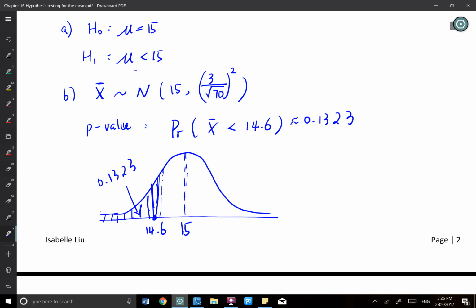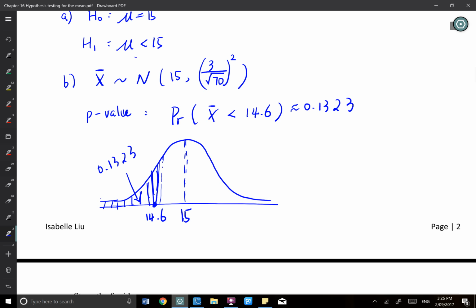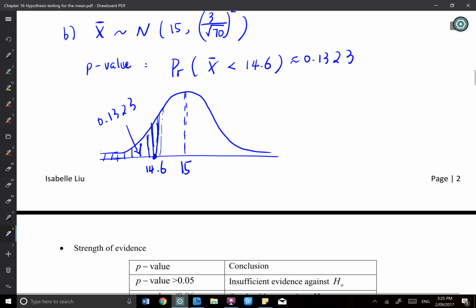You must use the sample size. If it's x bar, you must use the sample size. The 3 is the x distribution. It's not the sample mean's distribution. If it's a sample mean, it must connect with n. For the sample mean, you need to know how many samples you take, and then it varies from sample to sample, so the standard deviation will be different. As I said, the larger the sample you take, the less variation and the less error you have, so you have a lower standard deviation. That must connect with your sample size.